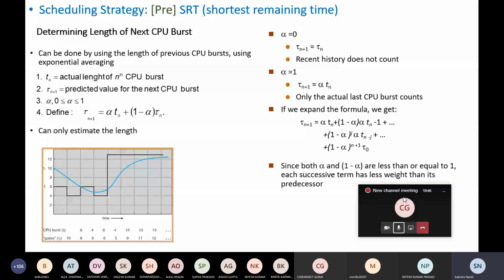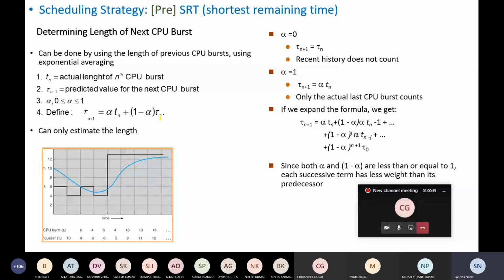So the idea is, if we have the predicted value for the next CPU burst as tau n plus 1, and n number of times it has already used the CPU, then tau n plus 1 equals alpha t n plus 1 minus alpha tau n. So what does this mean? This alpha is a value between 0 and 1. If the value of alpha is higher, that means we are giving more weightage to the exact last value. And if the value of alpha is very small, then we are giving more weightage to tau n. And what is tau n? Tau n is actually embedding the history